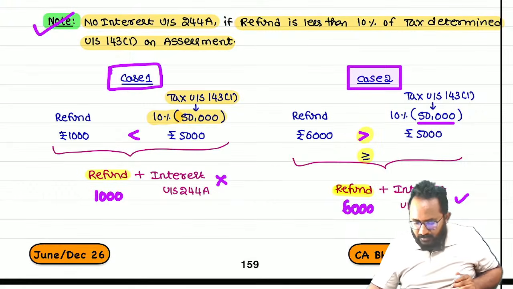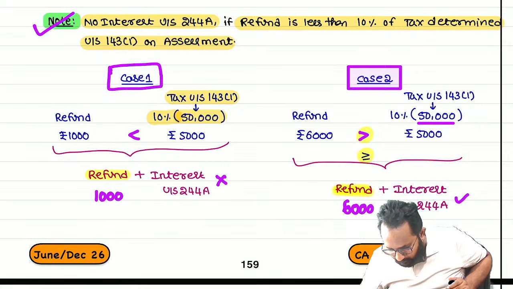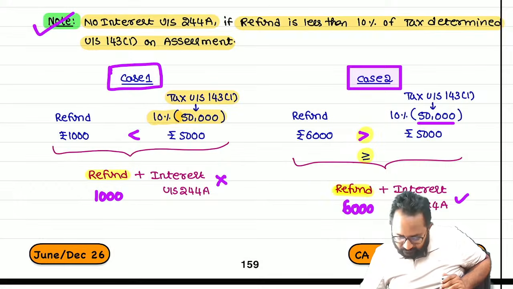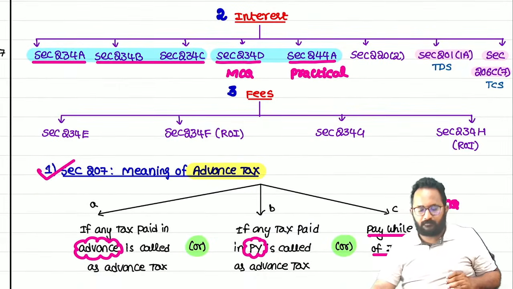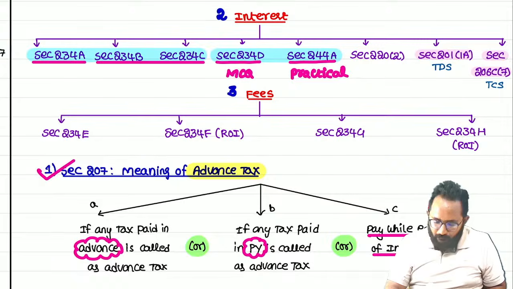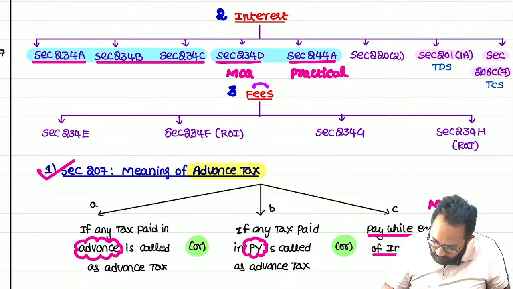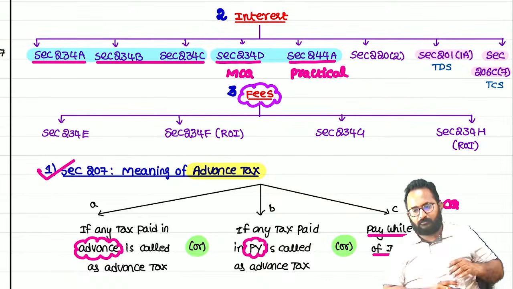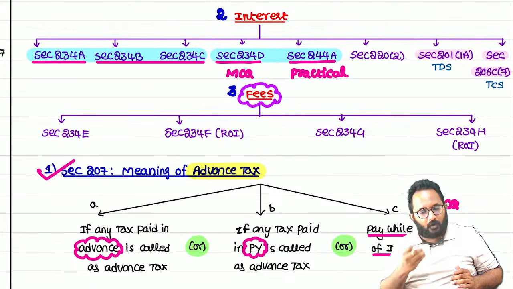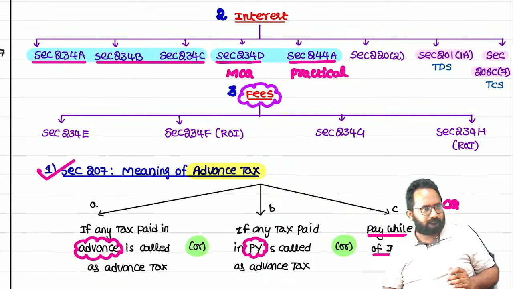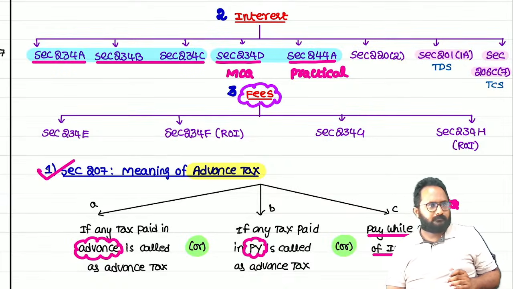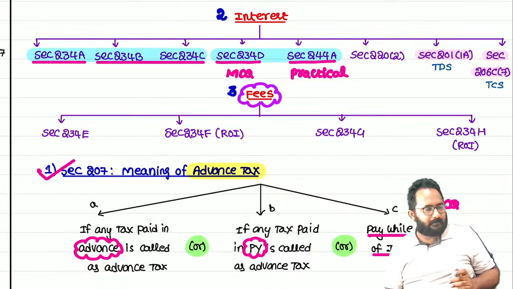Now, please open the index of this chapter. One more point I want to convey before closing the session. In your free time, I will not explain you. In your free time, 4 fees provisions are there. How many fees provisions? 4. Out of these 4 fees provisions, you will get one definitely as an MCQ, sure in every attempt.